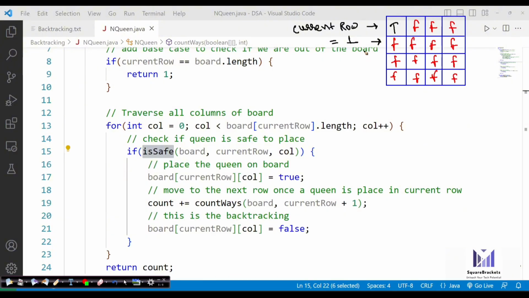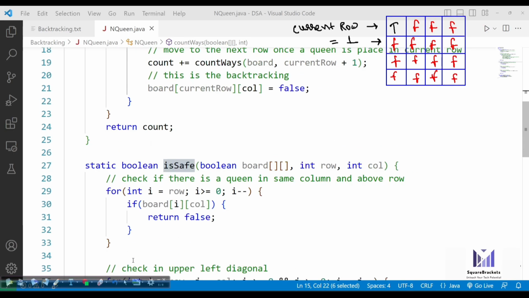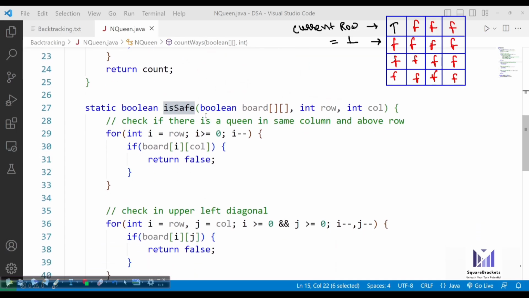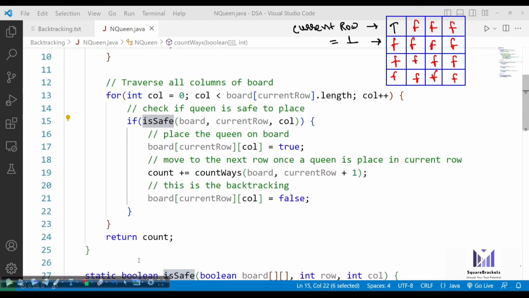It will again check if this particular place is safe or not, so it will get inside this Boolean is safe function. Now if i equals row, i greater than or equal to 0, i minus minus, if board i and column already contains true at any place in the above row, it will return false. You can see there is already a true in the above row, so it will return false. So it means it's not a safe area.